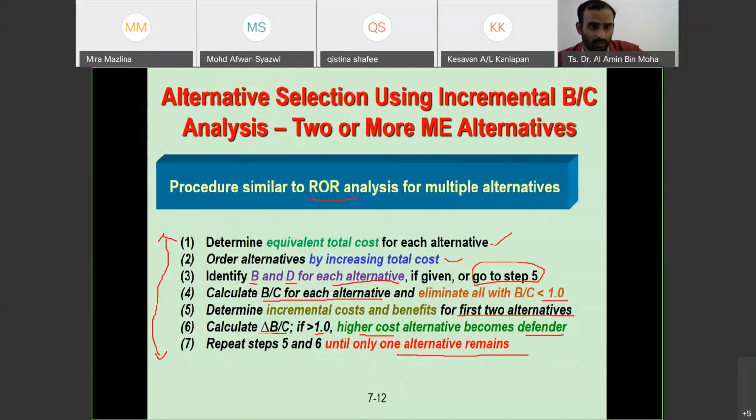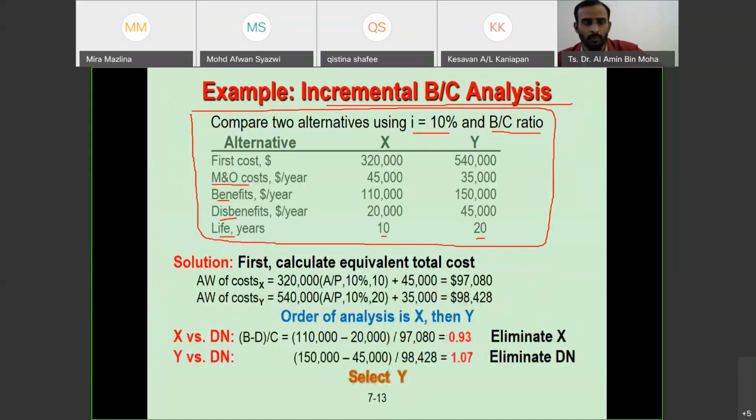The first thing, determine the equivalent total cost. So first calculate the equivalent total cost. Which one is cost? This one, first cost and maintenance and operation cost. So for these two elements, for both X and Y, we are going to calculate the equivalent, taking AW